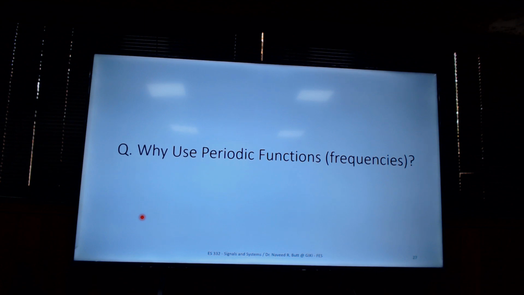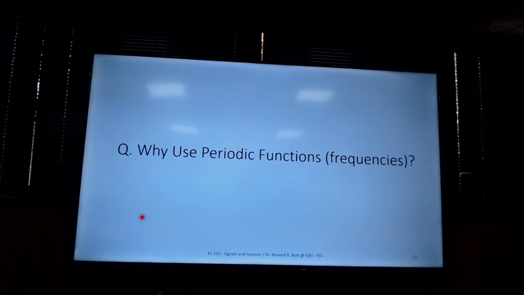We said we are going to use periodic functions, right? So why these periodic functions? Yeah, why not non-periodic functions or anything else? जो ingredients थे हमारे वो sinusoids थे ना, periodic थे. तो क्यों हमने periodic क्यों लिए? repetitive होंगे तो same outcome हर period के बाद आता रहेगा. लेकिन signal हमारा